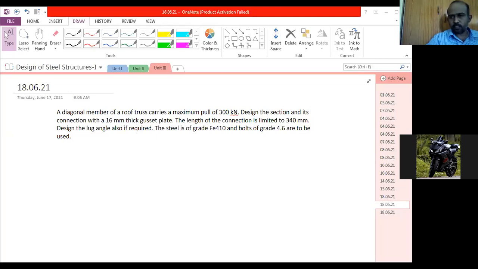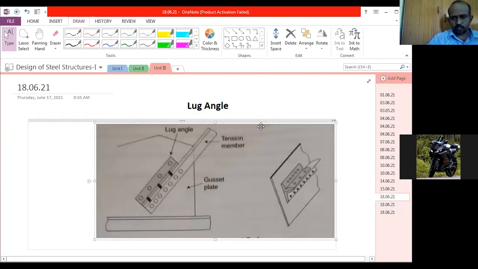Today we are going to discuss a new topic called a leg angle. So leg angle only we are going to discuss in this class. Already I have mentioned we have discussed enough on design of tension member. In the initial part of Unit 3, we have discussed how to calculate the net effective area. Am I right? How to calculate the net effective area we have discussed enough, as well as